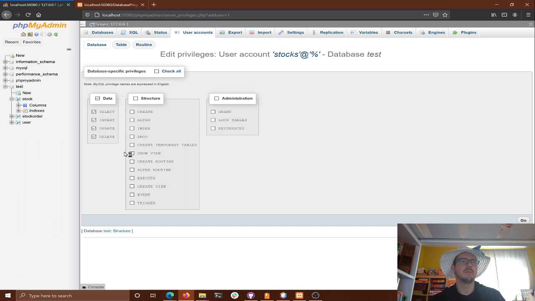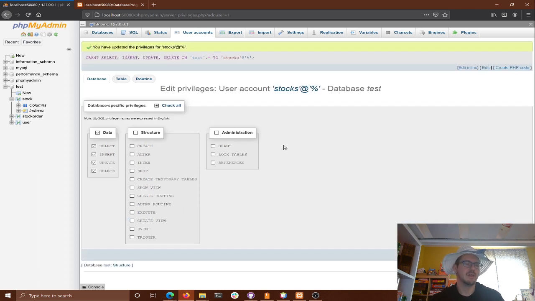Remember we talked about in SQL, you have your data definition language, which is creating tables, adding all those other things like the stuff about the structure of the data. And then you have the DML, the data manipulation language. That's the working, so that's the CRUD stuff. Create, read, update, delete, or select, insert, update, delete. CUD doesn't sound as good as CRUD. So we want to give them data permissions here to the test database. And you can do this all by hand, but we have a tool, so why not use the tool? I'm a big fan of tools.